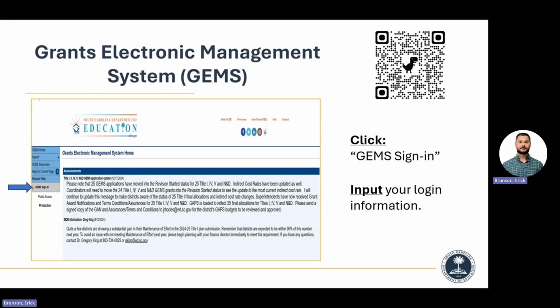Okay, so my GEMS people, your portion of it is very simple because everything is just save and continue, save and next, however you choose to do it. So we're going to sign in. This is what the GEMS page looks like.